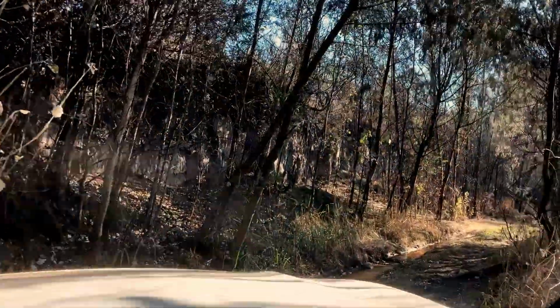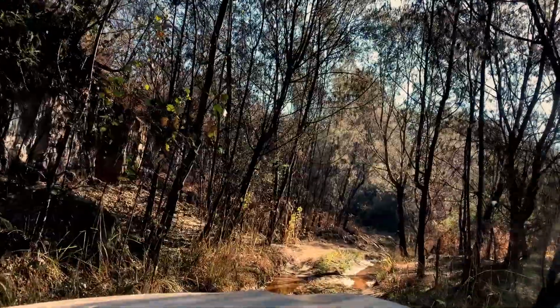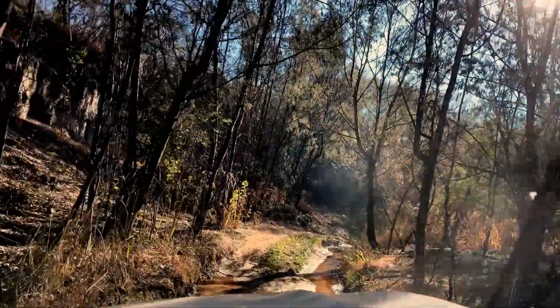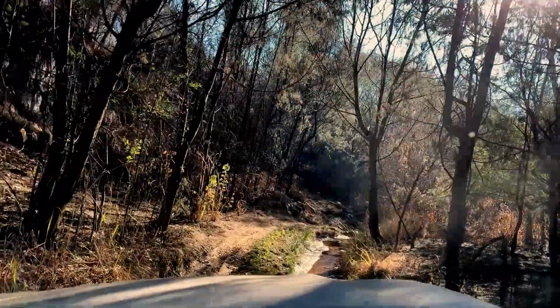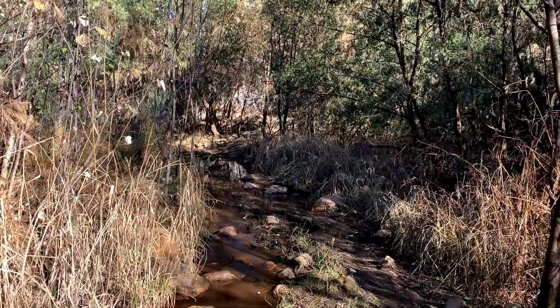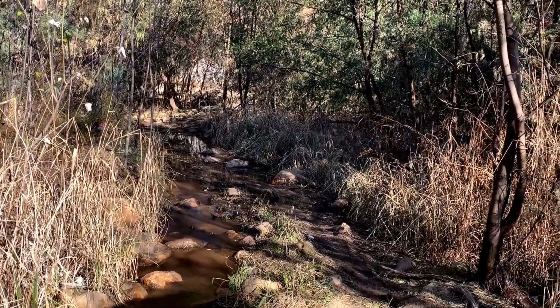So now this route basically takes you driving in the stream through some trees. It's actually a very scenic route. In the summer it's nice and green, so really nice scenery as well. This is basically just an overview of a stream that you drive in,